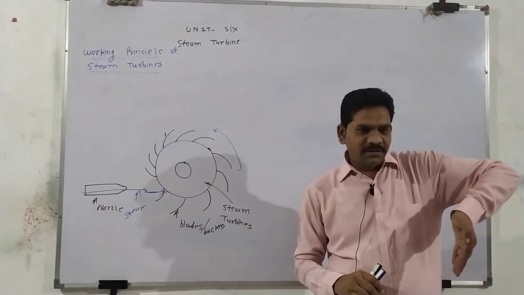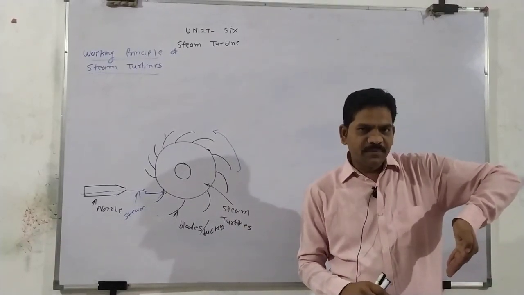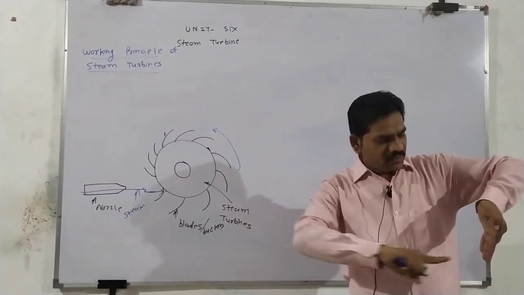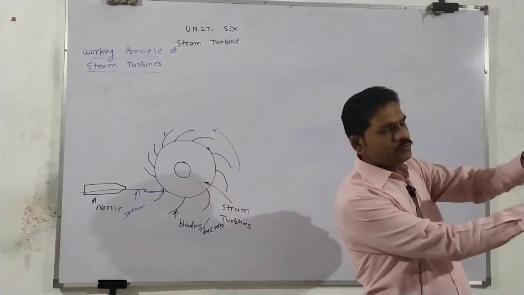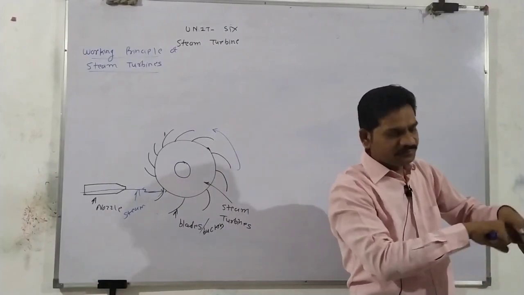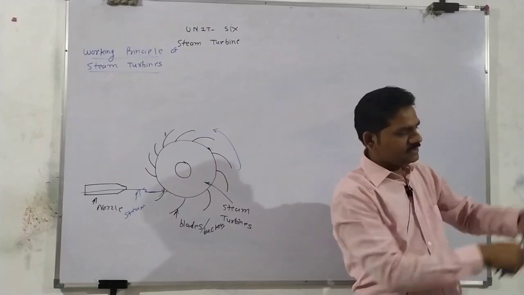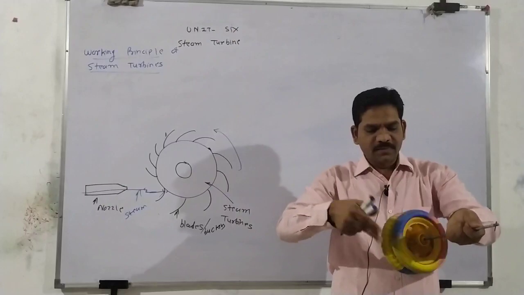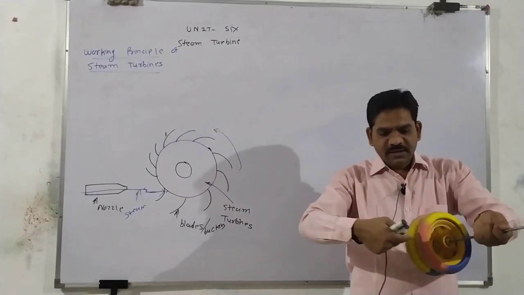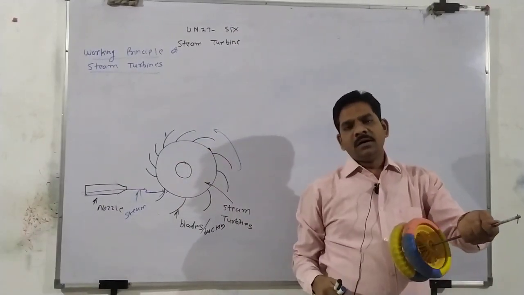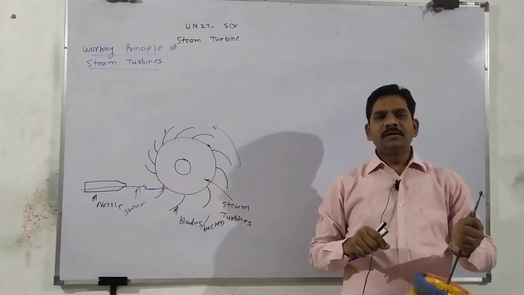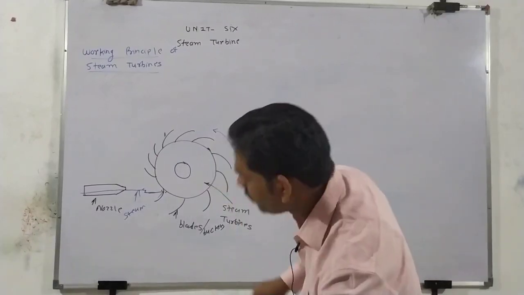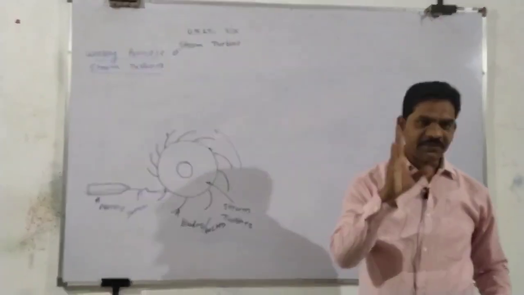So what is the shape of the blades? The shape of the blades is like that, a spoon shape, right? The steam strikes here, the inlet of steam. After giving momentum, the turbine starts to rotate. After striking, the turbine rotates, then the steam moves out from the other side of the blades. Inlet, then outlet. This principle we have to learn in the working of steam turbines.